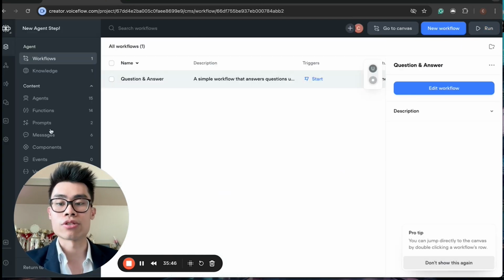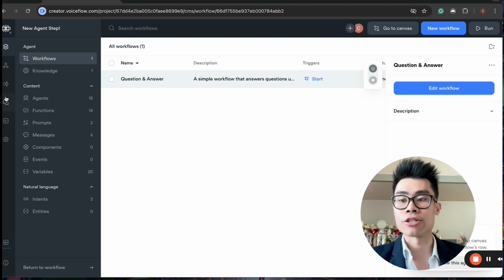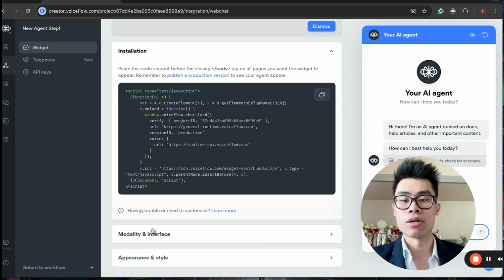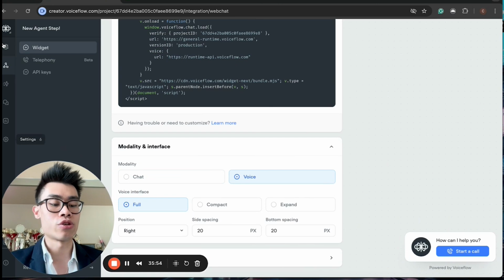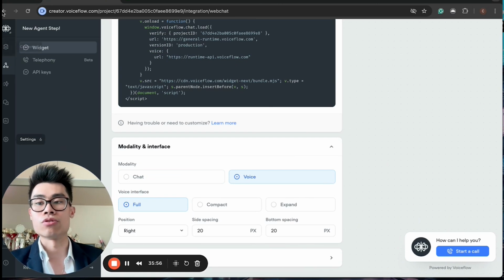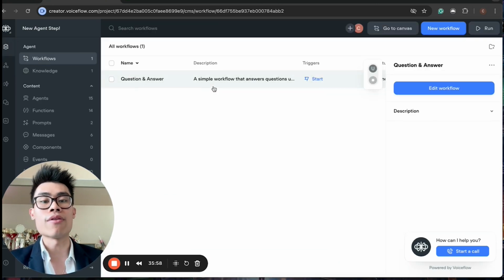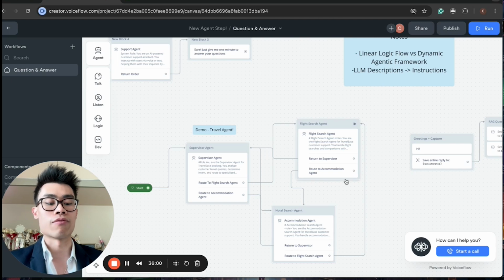If I literally just click back here and change the integration modality into voice, now it should allow me to run the demo using the voice option. So if I just literally click here,